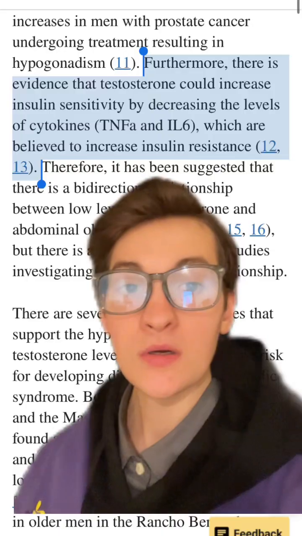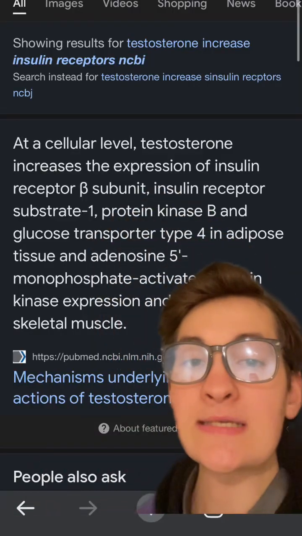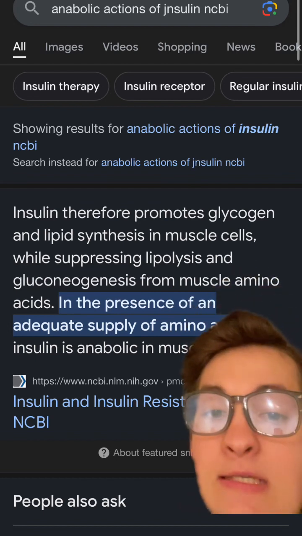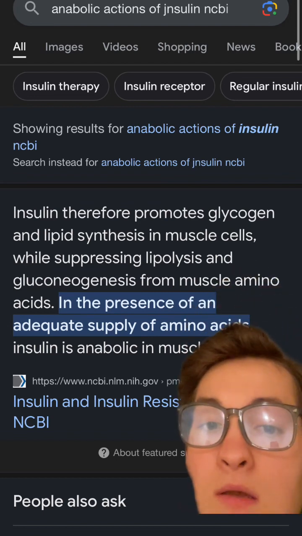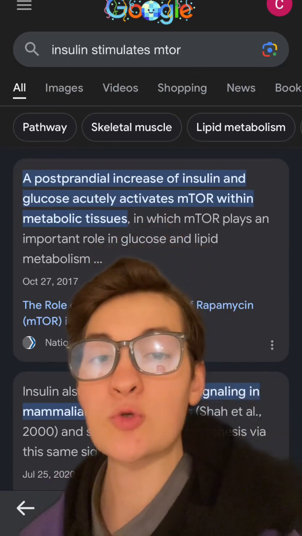Another thing is it increases insulin sensitivity and increases insulin receptors. And insulin can stimulate protein synthesis by increasing amino acid uptake and also increasing the activity of that protein that regulates muscle growth, mTOR. So testosterone increases muscle size by increasing amino acid delivery and increasing protein synthesis, while simultaneously